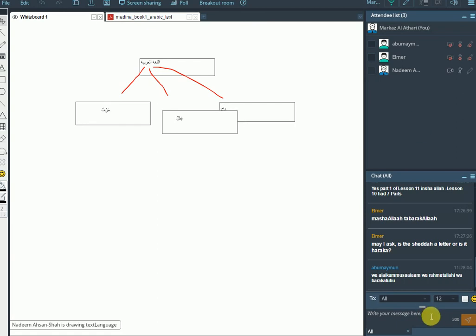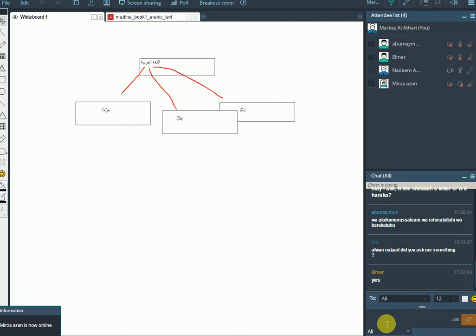So the Arabic language, my brothers, it comprises of this. Is that clear so far, inshallah? Jayyid. Ism refers, my brothers, it refers to